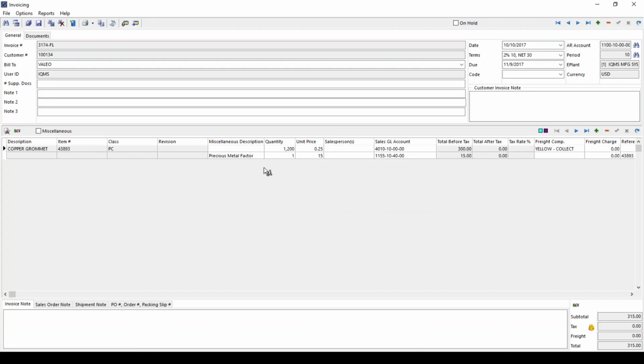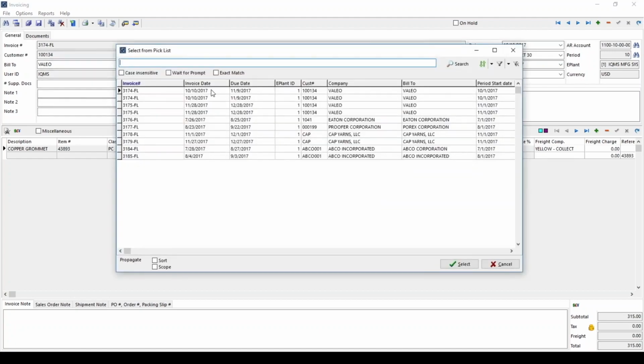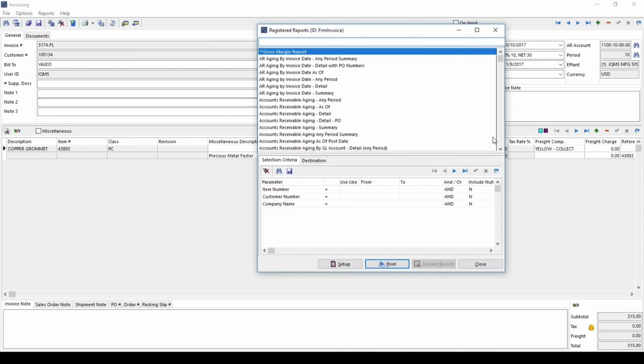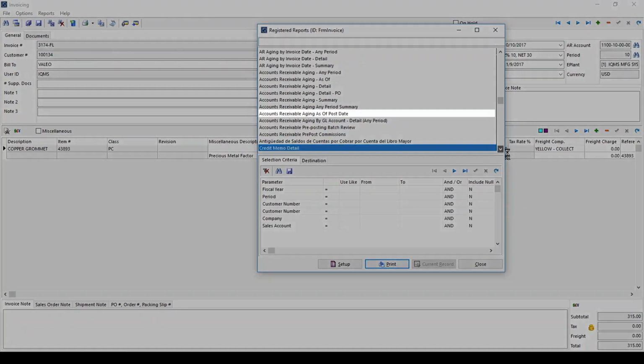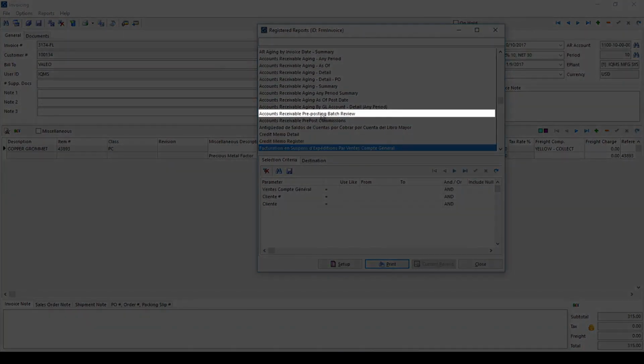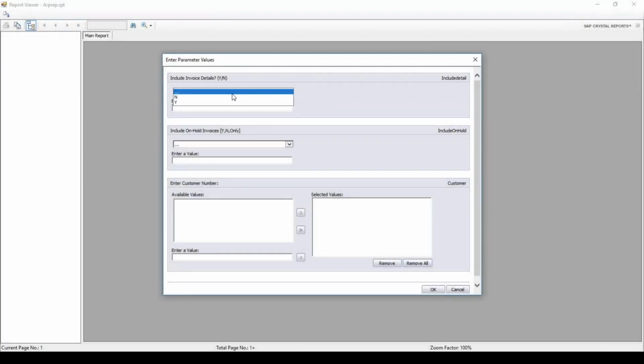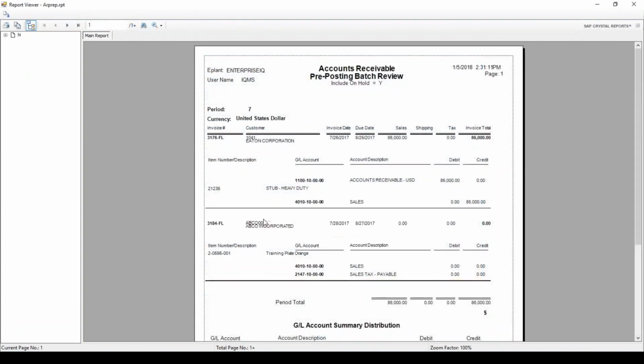Once those invoices have been generated, users have the ability to review them in order to validate the quantities, pricing, GL accounts, and so on prior to posting them in the system. Users also have the ability to run a pre-post batch review found under the Reports menu. Users have all of these reports available to them within the financial modules of DELMIAworks. This particular report gives the users the ability to review all of the generated items that will be posted to the general ledger. Once the user defines the criteria for the report, it will be displayed on the screen, available